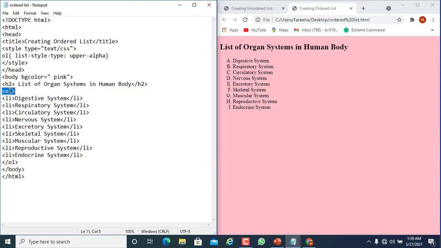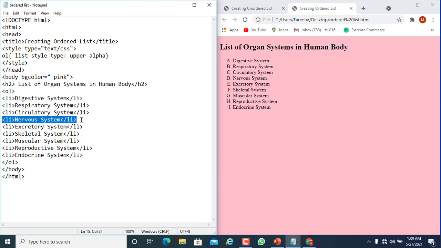The ordered list tag starts. In the list item tag, first of all, we define digestive system, secondly respiratory system, then circulatory system.